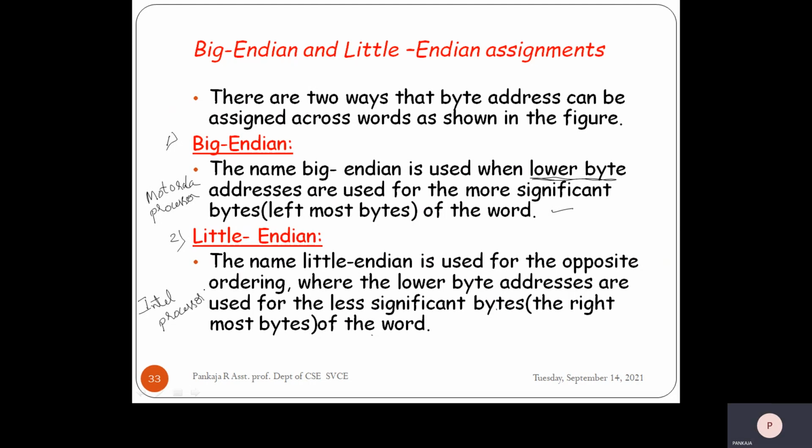Here in this subject we are going to use the big endian method. The Motorola processor is big endian, and the same mechanism is used for representing byte addressability. Even other applications use this mechanism. You can find out which applications use what type of byte addressability mechanism. Here I am speaking only with respect to the processor.